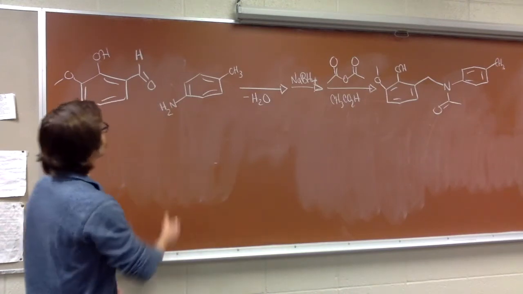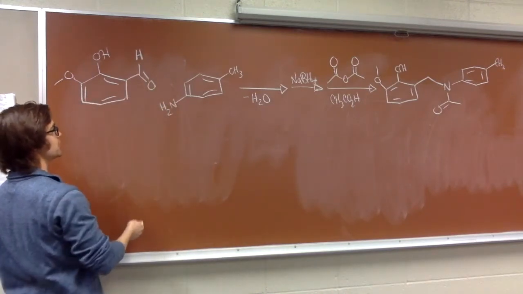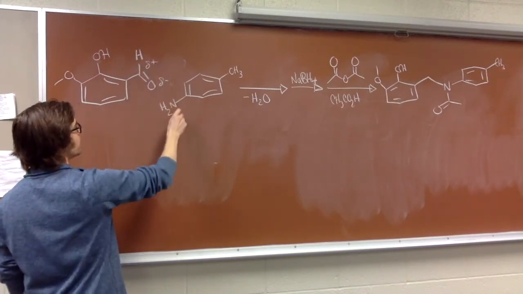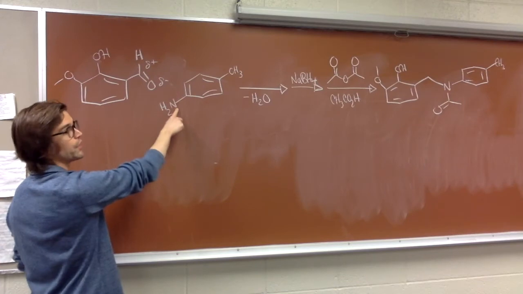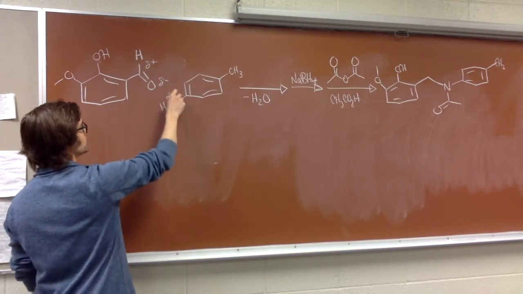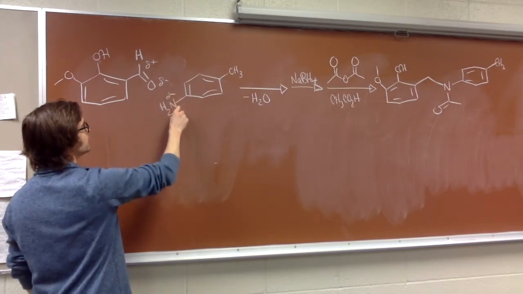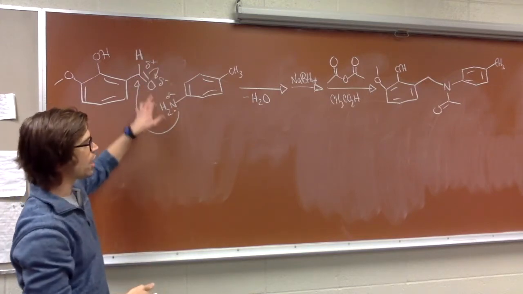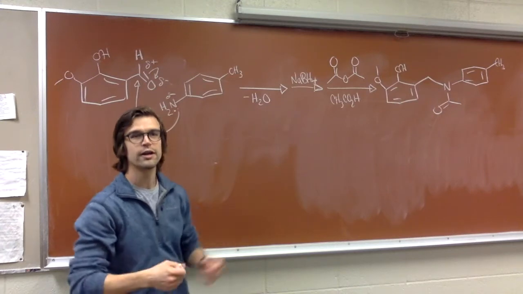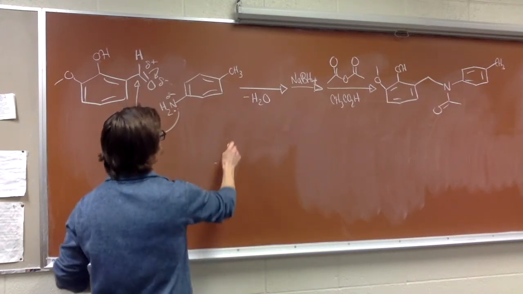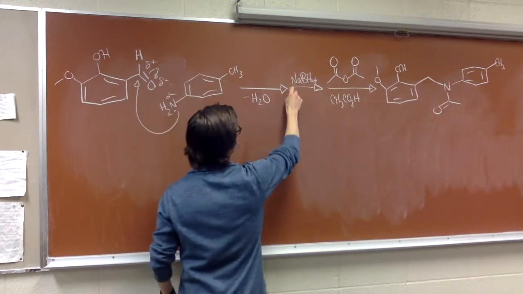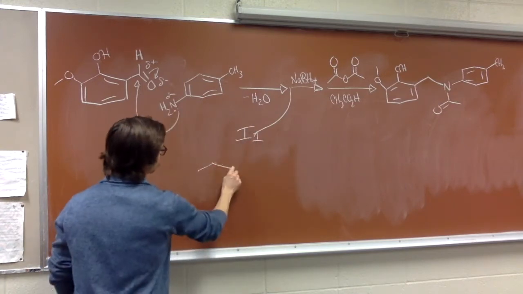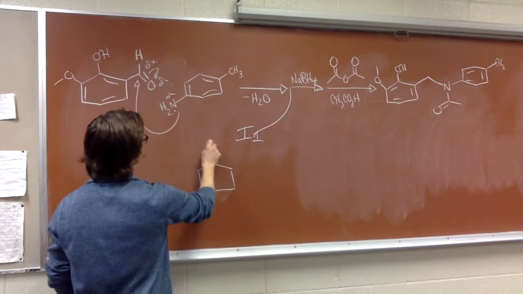This first step, this nitrogen is adding to that position. There's a partial positive here, a partial minus there. This nitrogen is more electronegative than any of the other atoms, so it also has a partial minus. So its electron density is pulled to that position, and essentially that oxygen turns into the water that's given off in this process. So this right here, this intermediate, we'll call it intermediate 1, has this benzene ring,